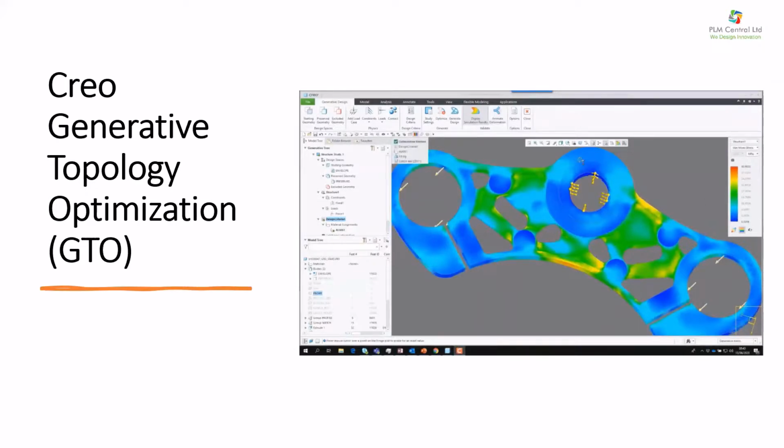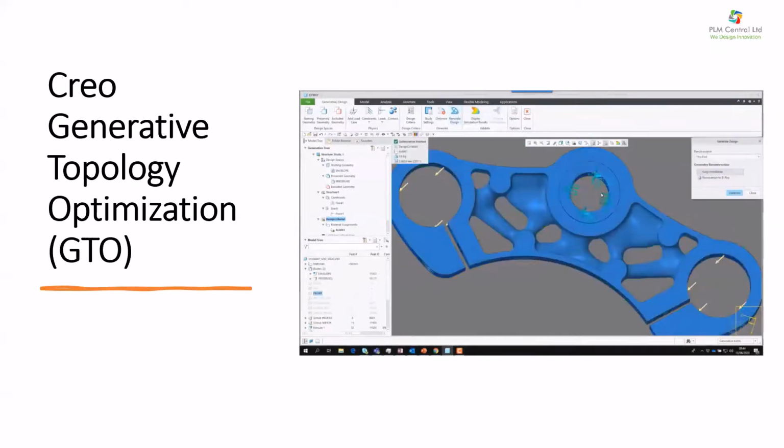Okay, so something we introduced back in Creo 6 was the ability within Freestyle to take a Freestyle feature and wrap it around an OBJ. That's a tessellated object, and automatically create the surfaces. We've now taken that a step further and put that technology into our generative design environment, such that I can now go to generate design, and automatically create a BREP model. I'm going to use the most accurate